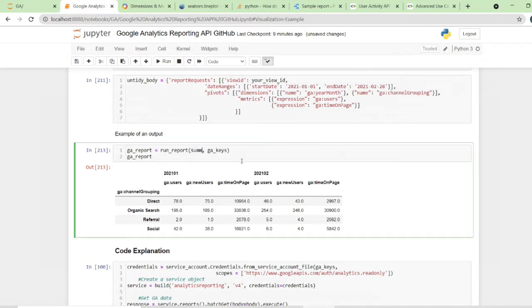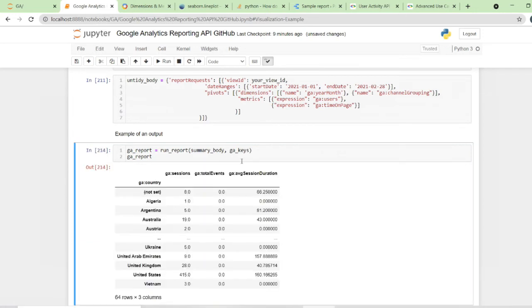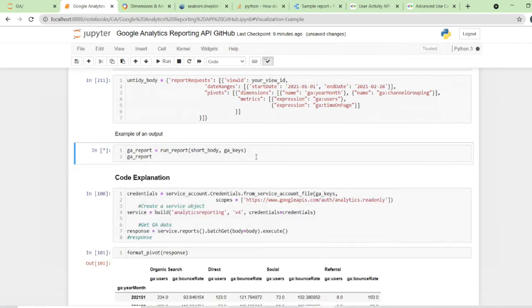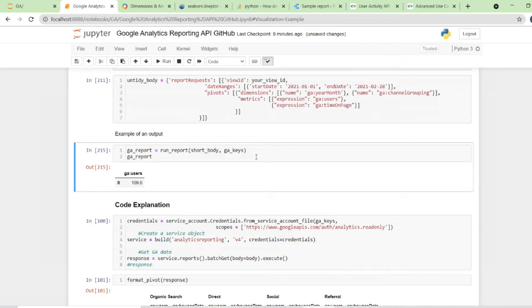I'm going to do summary. There it is. We have countries in here, sessions, events. I don't have any events set up, and then the session duration. We have the short body, which has nothing, just the users for